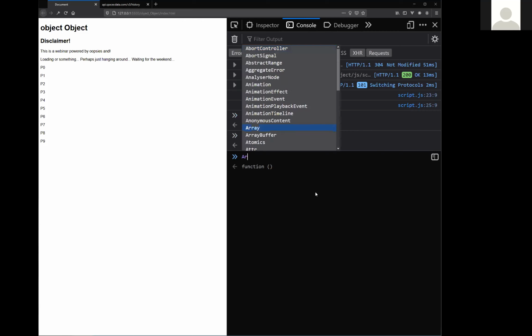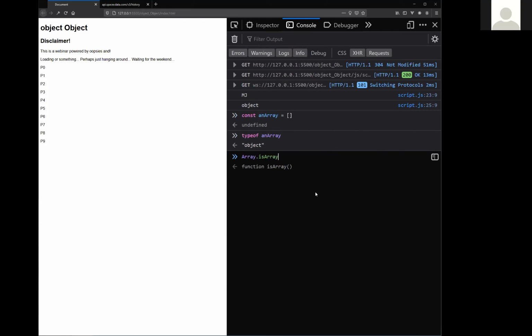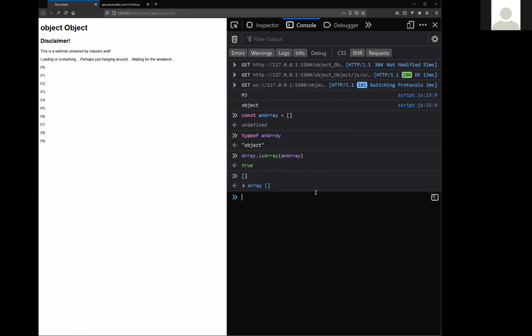There's a method for that, which is basically Array.isArray, and you pass in the object you want to check to see if it's an array, and that's true. An array is an array, and then to actually see what an array is, it's the square brackets, or yeah, whatever you want to call them. This is an array,